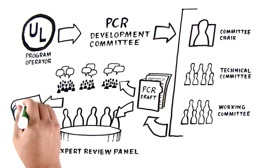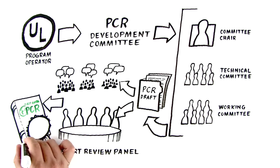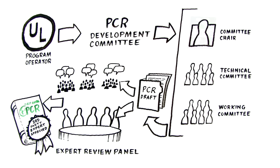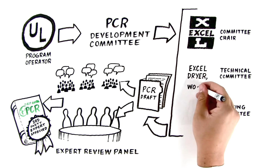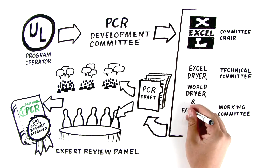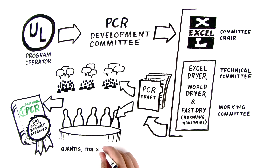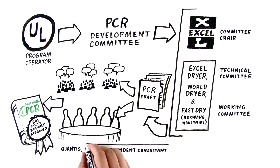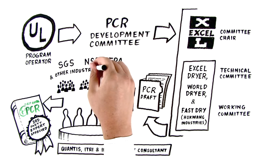UL is pleased to announce the publication of the very first global PCR, specifically for the hand dryer industry. The project was initiated and chaired by Excel Dryer and heavily supported by World Dryer and FASTDRY, Hokwang Industries, who were all instrumental in obtaining the consensus needed to publish this first-of-its-kind global PCR that standardizes hand dryer evaluation methods